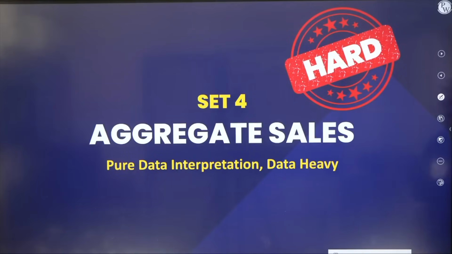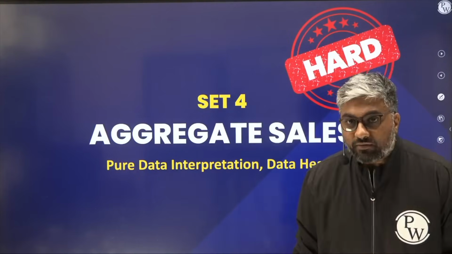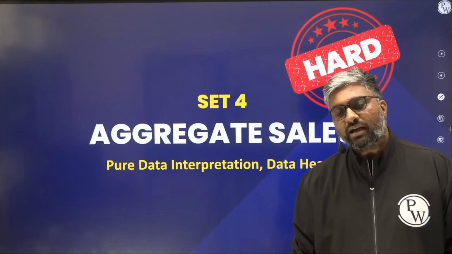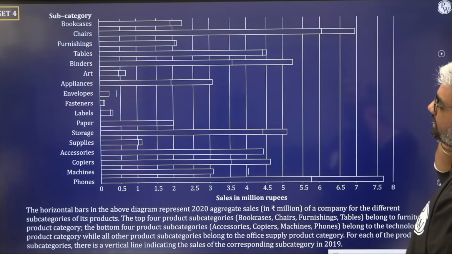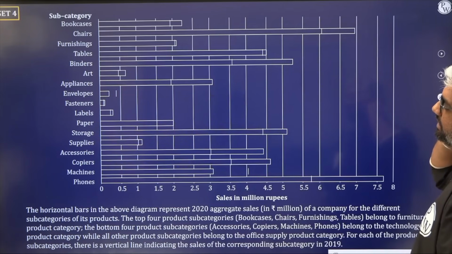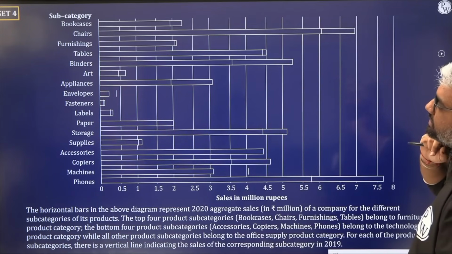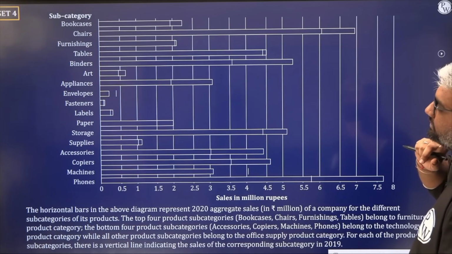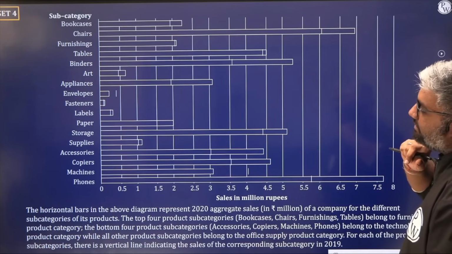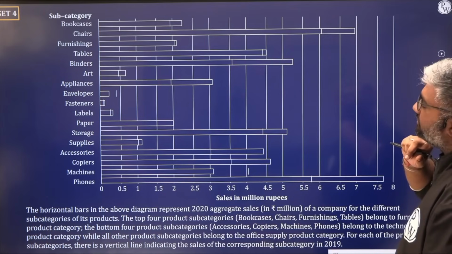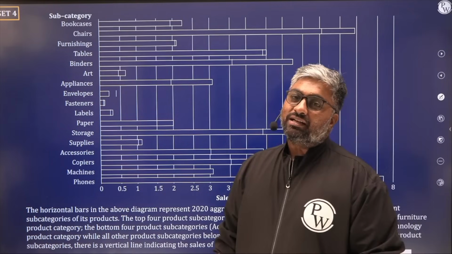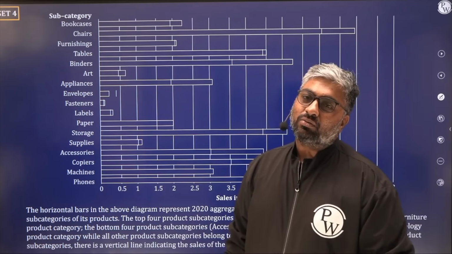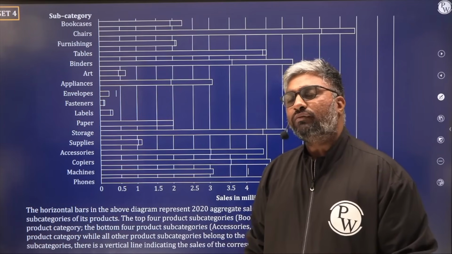Speaking of which, let's have a look at this. It's a pure DI, data heavy. For people who are comfortable with pure DI and data heavy sets where not much is given in the chart, right? If you look at the chart, there are 19. We counted. There are 19, 17. 1, 2, 3, 4, 5, 6, 7, 8, 9, 10, 11, 12, 13, 14, 15, 16, 17 subcategories. 2 pieces of data each, 34 pieces of data to directly take and make a note of shouldn't be a tough